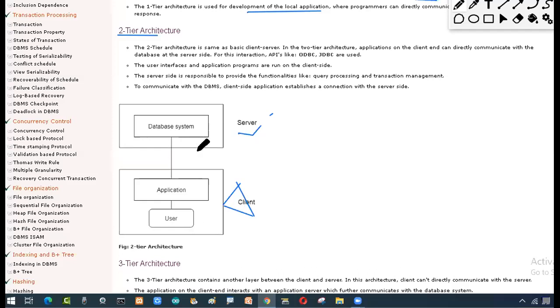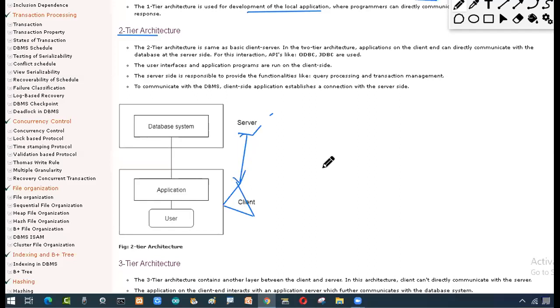I want to make it only for the particular database. So what is happening over here? Here the client-server architecture will come. So he will be requesting the server, and I'm going to get the response from the server. Now this is what he wants. So to-and-fro communication will be there.